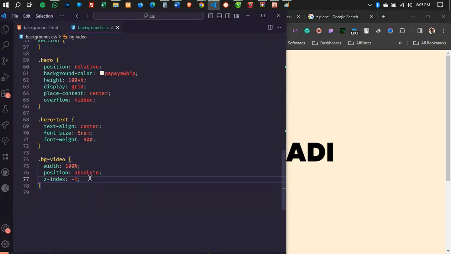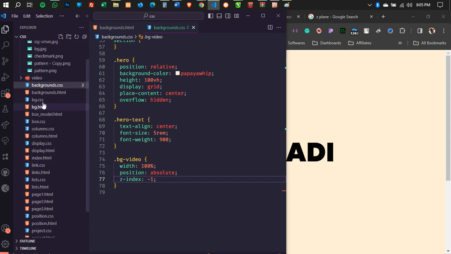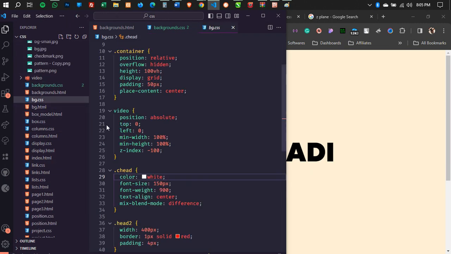All right, there is a property which I wanted us to look at. I worked on this earlier. Let me just make a reference, BG CSS grade. All right, so we have to give it a position of